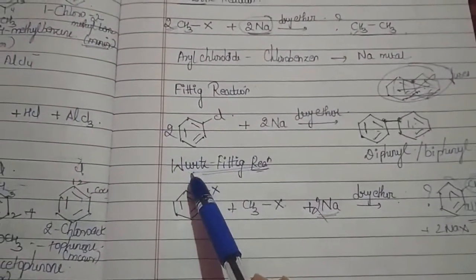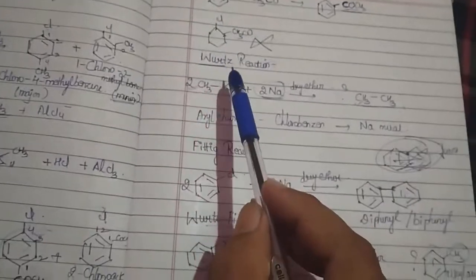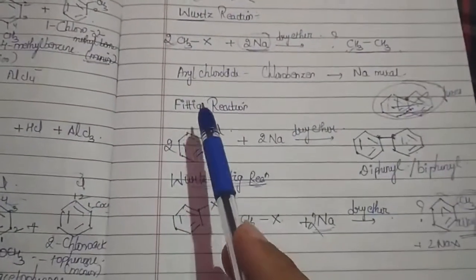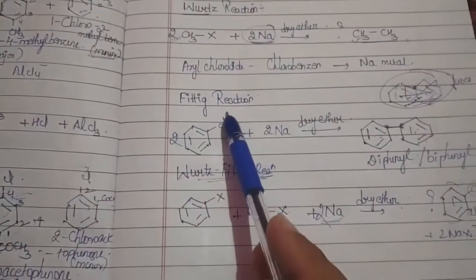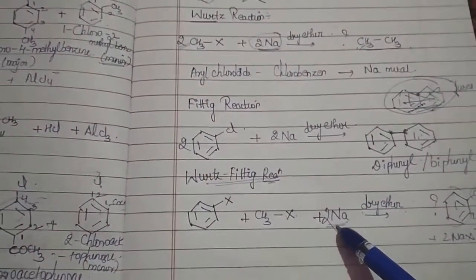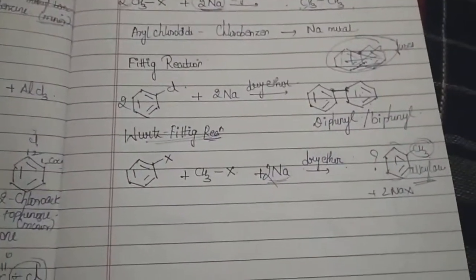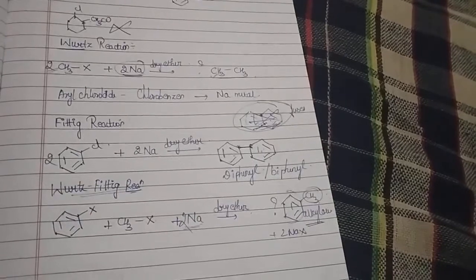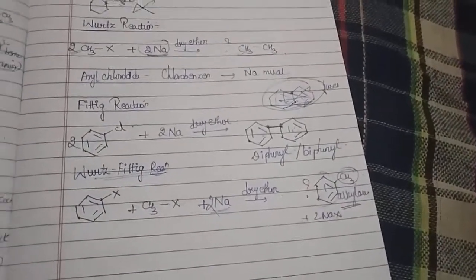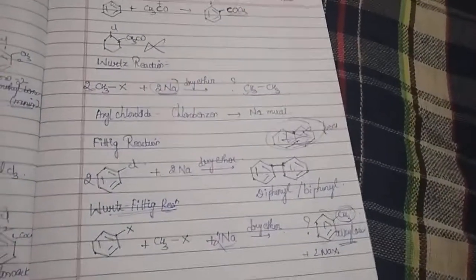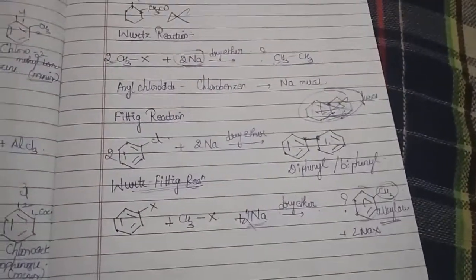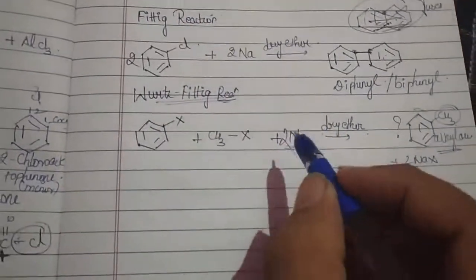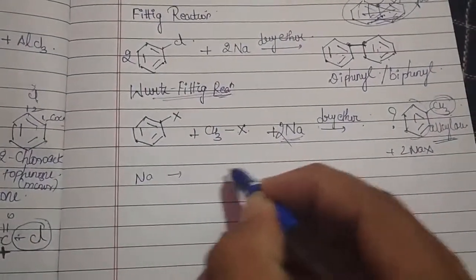But when I am talking about the Wurtz-Fittig reaction, from the Wurtz I am taking my alkyl halide, whereas from the Fittig I am taking my aryl halide. Then the condition is the same: in the presence of sodium metal and dry ether, I will obtain what is called an alkyl aryl compound, an alkyl arene. So that reaction will be called the Wurtz-Fittig reaction. Do remember one important thing: instead of sodium we can also use